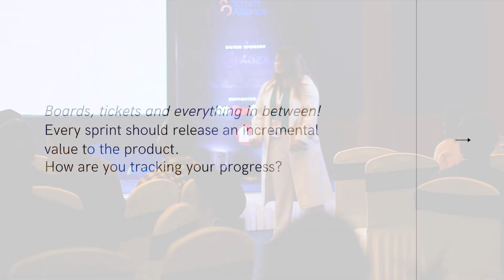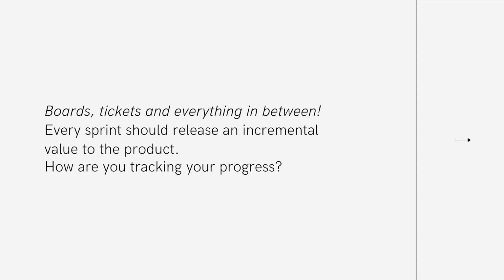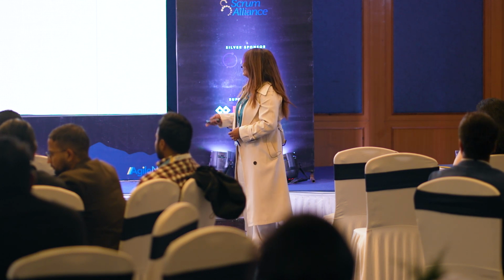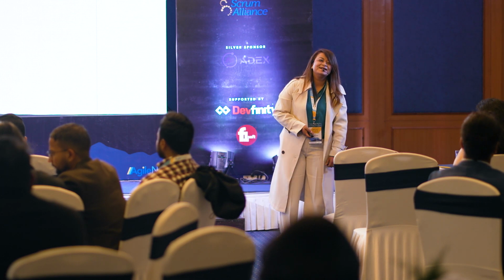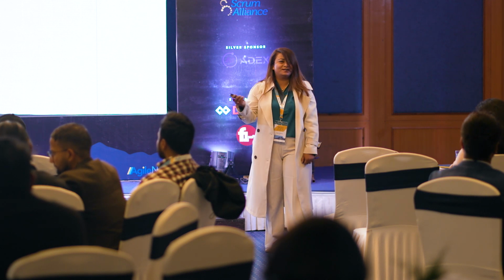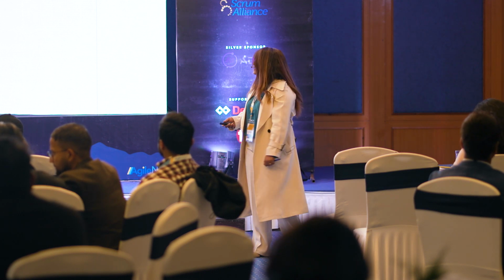So yes, the sprint backlogs are then shown in some sort of boards, right? The tasks are picked up, tasks are assigned, tasks are moved. The development progress is shown over there. You try to understand how things are progressing and how things are going along the sprint. How are you guys tracking your progress? Anyone? Sorry? Project status report. And if you guys use Jira, it has its own reports over there.